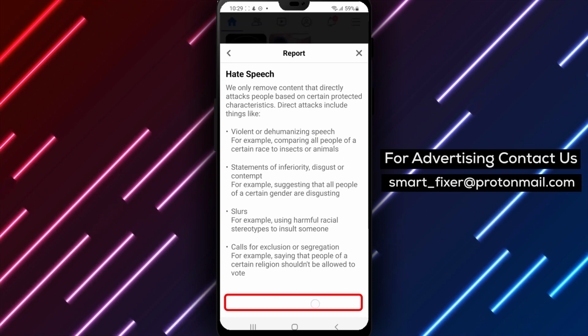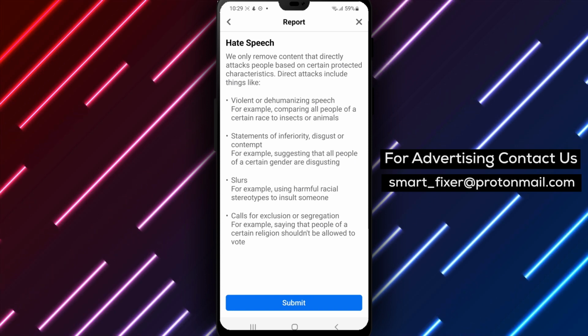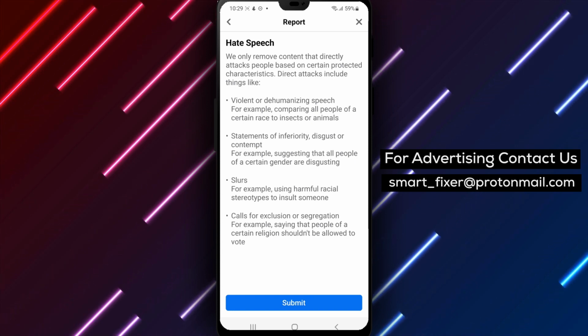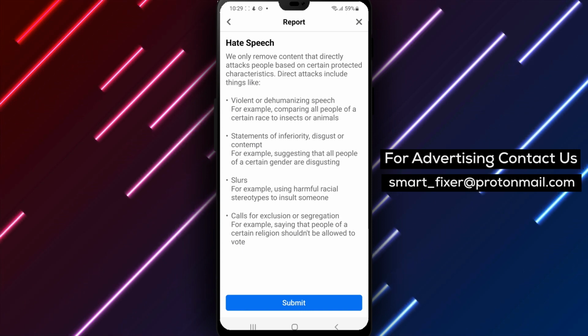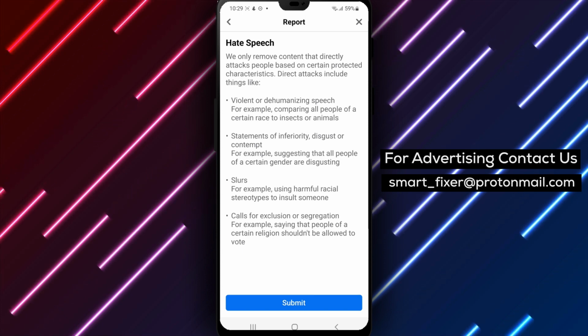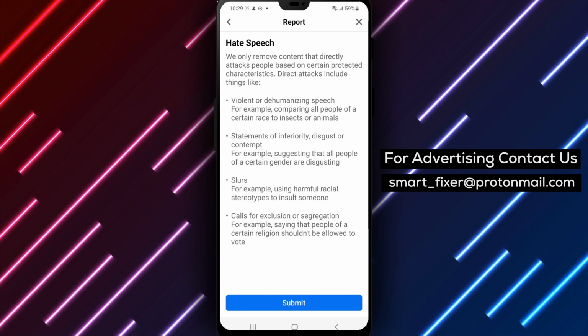Facebook will review your report and take appropriate action if necessary. It's important to note that Facebook may not notify you of the outcome of your report due to privacy reasons. However, you can rest assured that Facebook takes reports seriously and will take action if a post violates their community standards. Reporting a Facebook post on Android is an important way to help keep the platform safe and respectful for